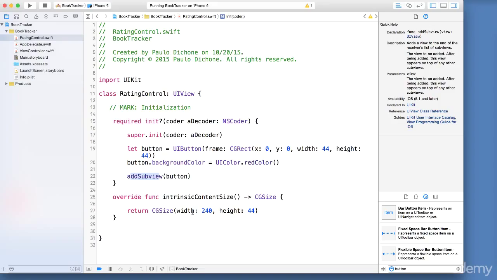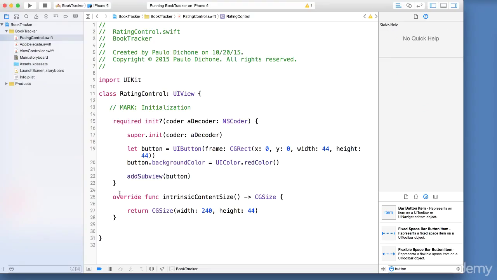We understand that all buttons have to have one functionality that we all know and agree upon, which is an event. So you have to click on it and something needs to happen. Since we are creating our own buttons here in code, we are now responsible for adding all the properties and functions that we need this button to have. Because with the button that comes with Xcode, all of that is done for us. But since we are creating our custom buttons, now we need to add all of those actions to our button.